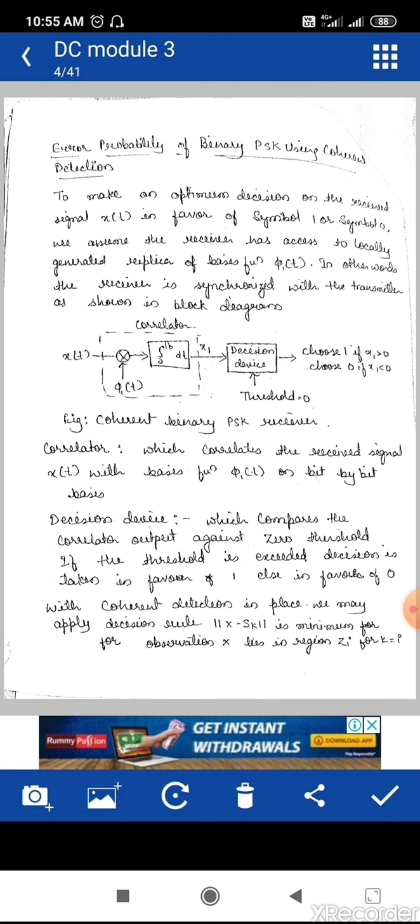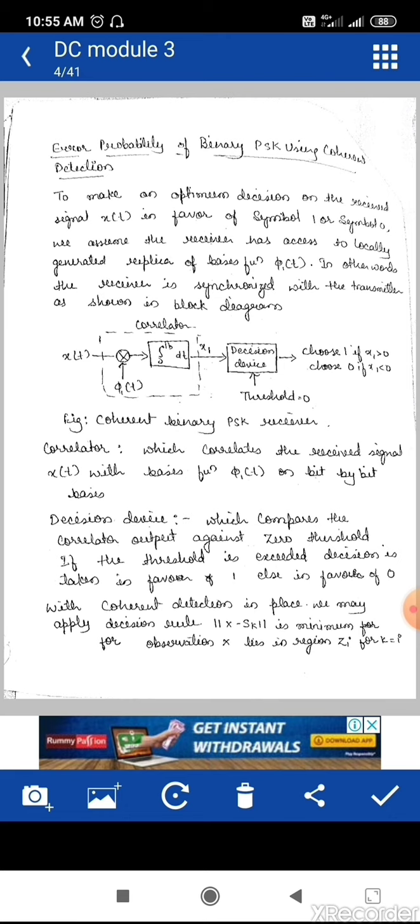So to make an optimum decision on the received signal in favor of 1 and 0, we assume that the receiver has access to the locally generated carrier, that is, it has the information about the function phi 1 of t. That is, it knows what carrier is used at the transmitter side. Therefore, it is known as coherent detection. That is, whatever signals we have used at the transmitter side will be known at the receiver side. In other words, we can say that the receiver is synchronized with the transmitter